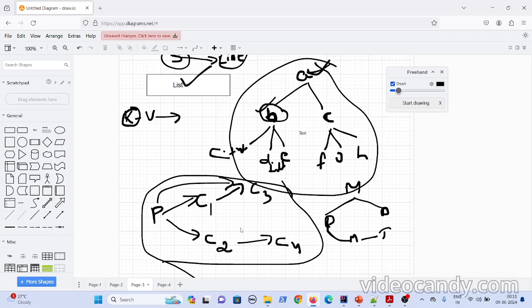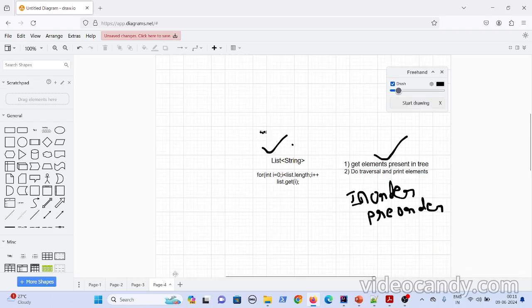If I want to print the elements according to the BFS traversal, first I fetch the elements, write the logic of the BFS traversal, and then print the elements.